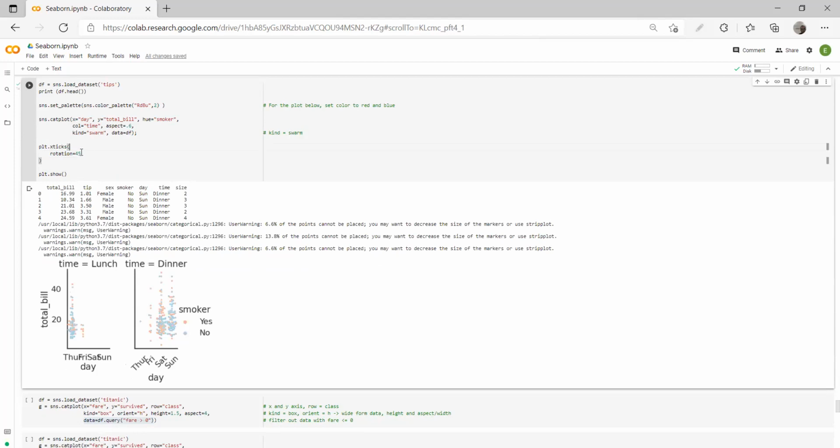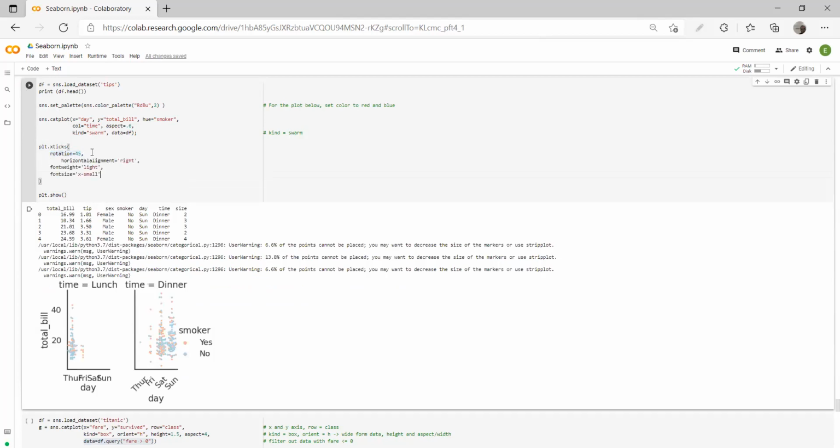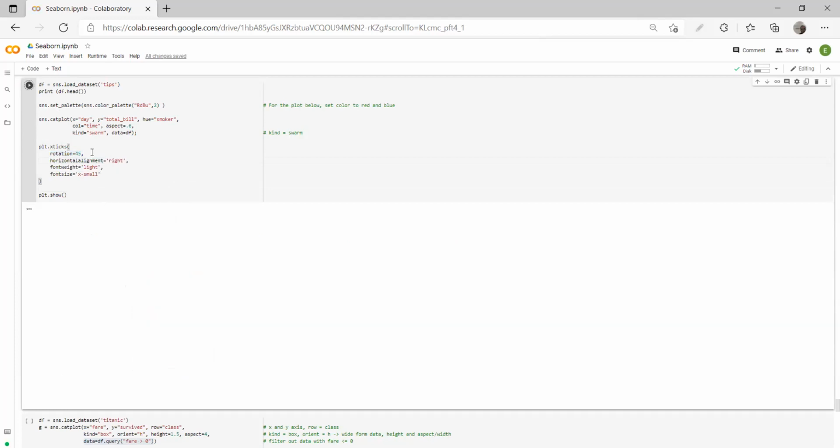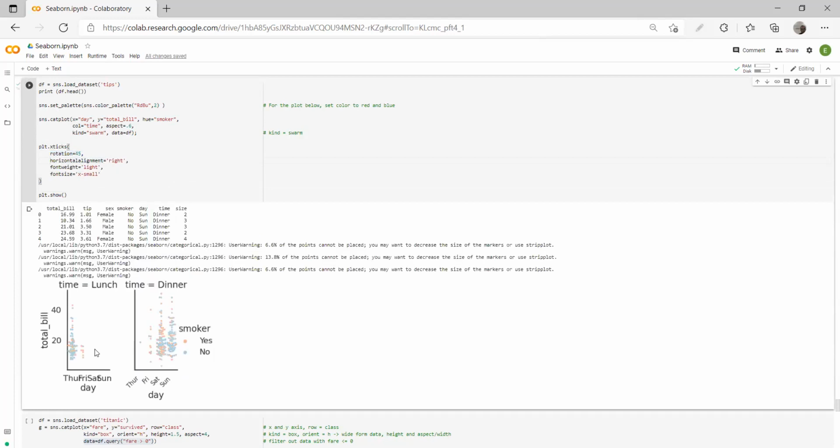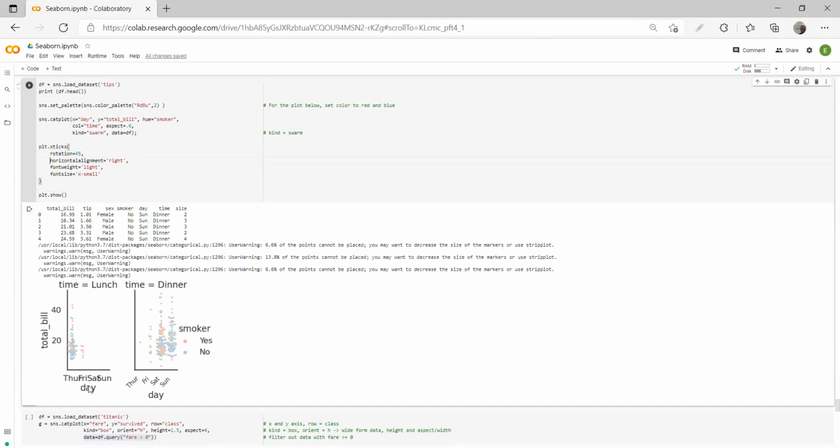If you just put a rotation of 45 on the x-axis, it is just rotating by 45, right? And you can try each and every parameter. But this is a kind of thing where, if you are stuck, just keep on trying something. Even after trying all these things, somehow the x-axis on the first graph is not showing that well. But that's okay. Bear with me, and if you're able to fix it, do suggest a fix as well.